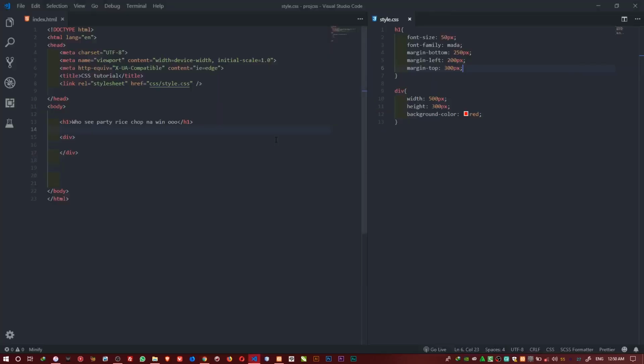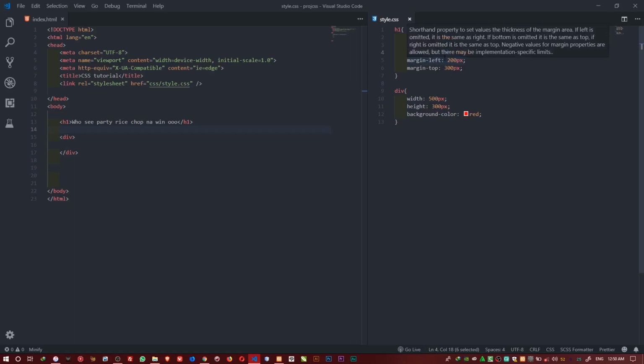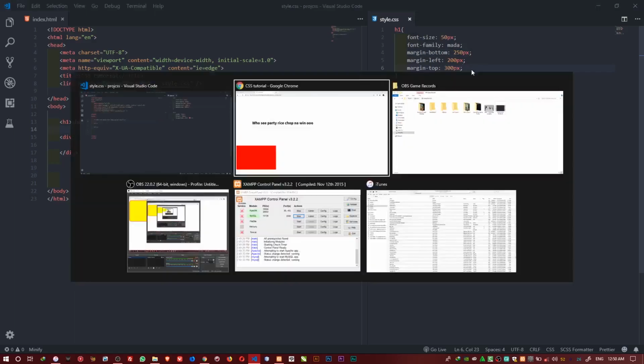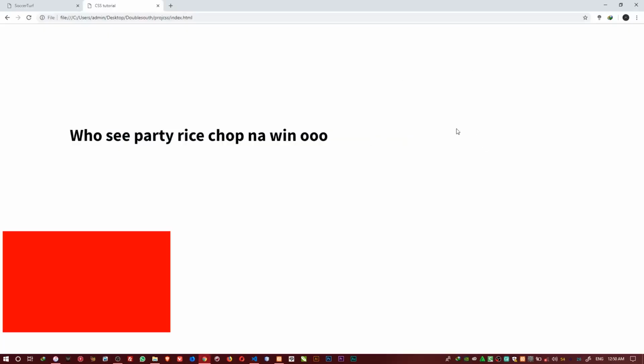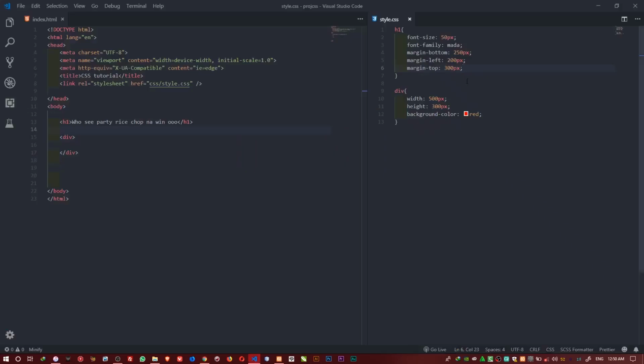So I can just add margin to the bottom, to the left, to the top, to the right. These four parts, so I can add space everywhere around. You can add the space to each part where I specify. If I say top, it adds space to the top. If I say left, it adds to the left. If I say bottom, to the bottom. And if I say right, it adds to the right. The space is already big here, so no worry, we will use these for designs. The same thing applies with this div.